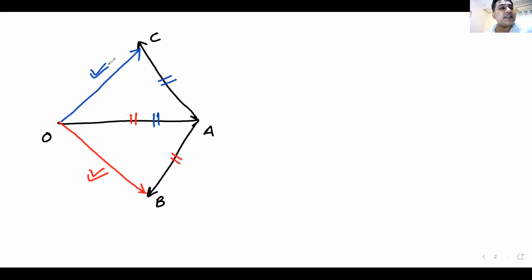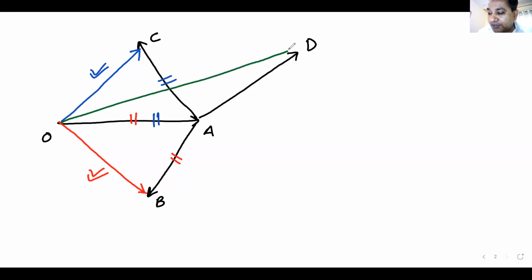It could have been going in any direction, beta. It doesn't matter. It could have gone like this. Let me call this AD vector. Doesn't matter where the vectors are going. What is OA vector plus AD vector now? It is OD vector. This vector plus this vector would give me this vector. This is what we call the triangular law of vector addition. Am I clear?